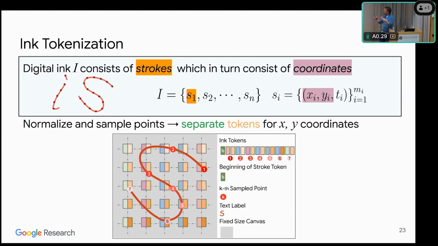And then there's a fixed size canvas. So again, this is extremely similar to the previous approach that I was describing, but applied to a different problem. And it's flipped around because now these digital ink strokes are the output of the model, not the input of the model anymore, right?